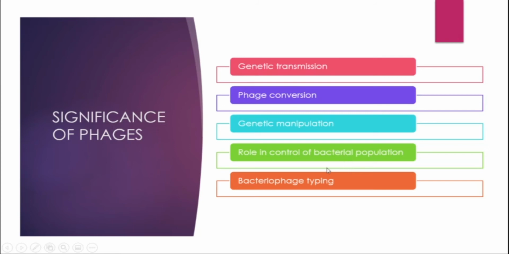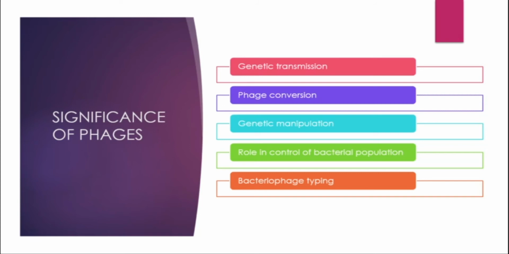The same bacteriophages are also used to control bacterial population, because these are agents which target bacterial cells. I hope you have heard about superbugs, right? These are specialized or modified forms of bacteriophages which can damage a wide variety of bacterial populations. For example, if there is a water source and you suspect severe bacterial contamination in it, the best thing we can do is introduce some superbugs or bacteriophages there, and these will destroy or kill the bacterial population.